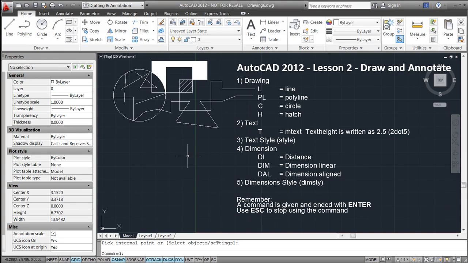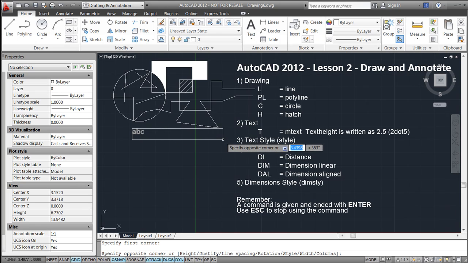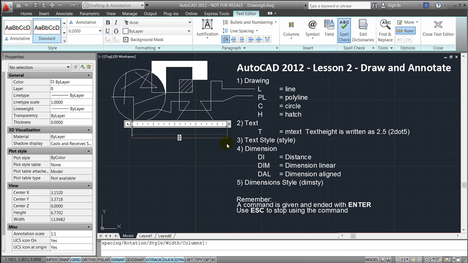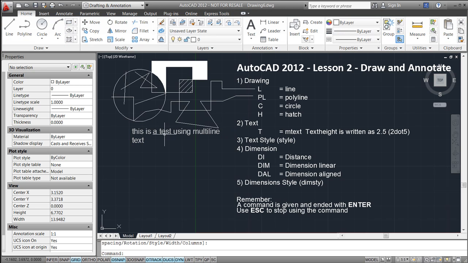The next function we'll look at is using text. It's placed on the home ribbon, and I will show a small example of how to use multi-line text. We will write a small text string. This is a test using multi-line text, and